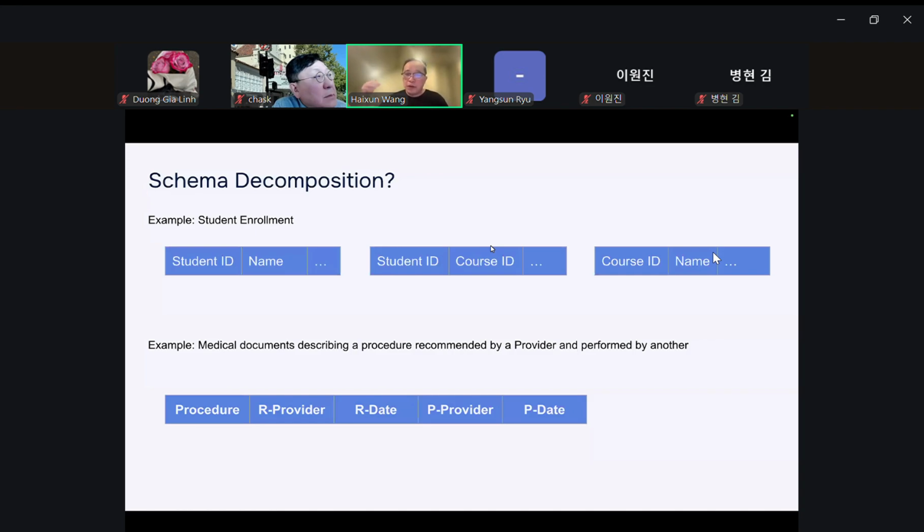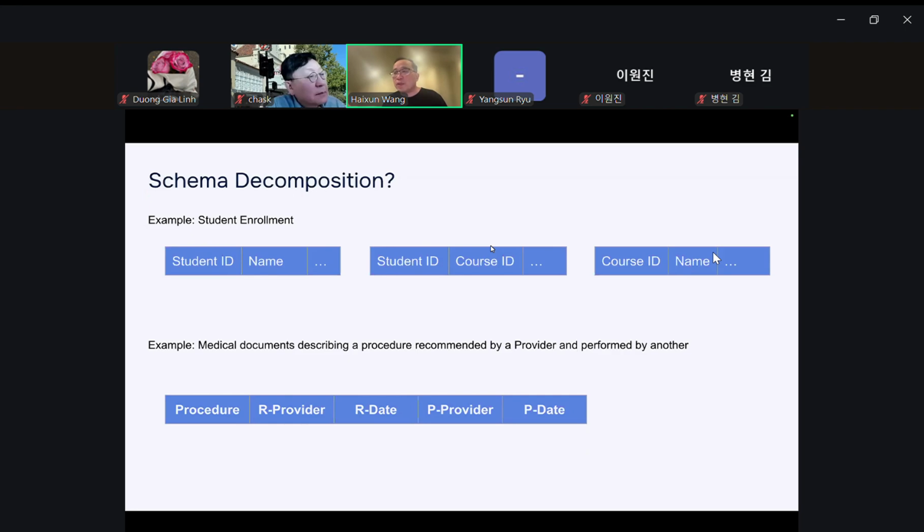And another example is medical documents, like assuming you have a procedure. There's a medical procedure, and this medical procedure is recommended by one medical service provider, one doctor, on a particular date. And then later on, maybe after 3 months, after half a year, this procedure was actually performed by another doctor on another date, right?